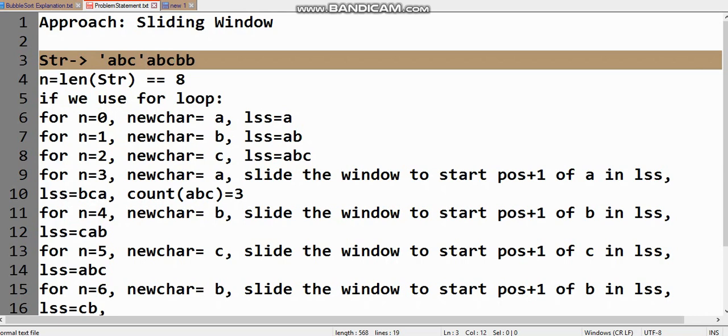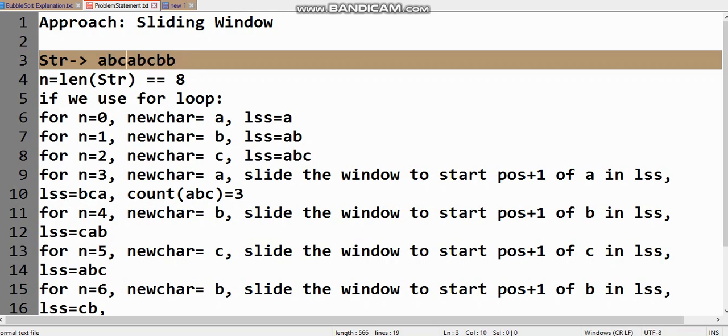As soon as a new character comes which is a repetition of an already present character in the substring, we will slide the window from here to here. So this is the sliding window technique we are going to use to solve this problem. This is a window and it will slide. Similarly, when B comes, we'll slide the window again.